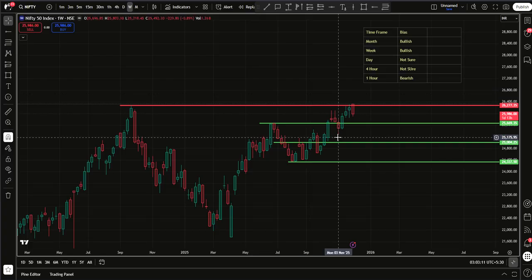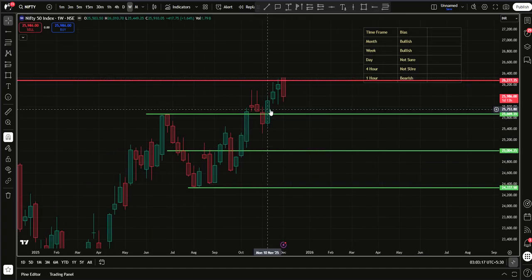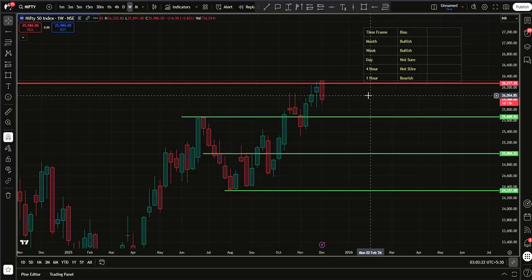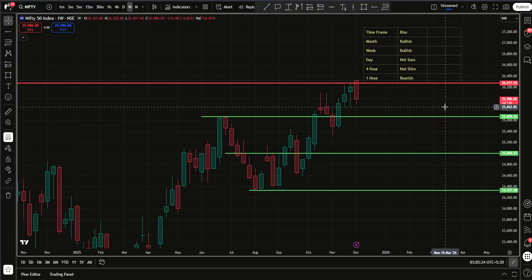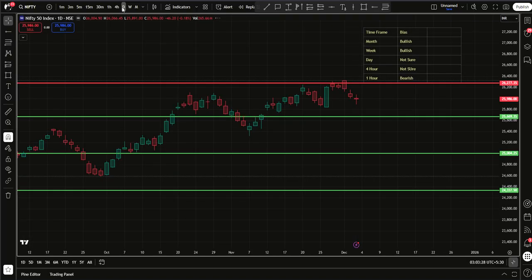Now on a weekly time frame, Nifty is bullish. Higher lows are being created. The week is not finished, so let's wait and see. Bias is bullish. On a daily time frame,